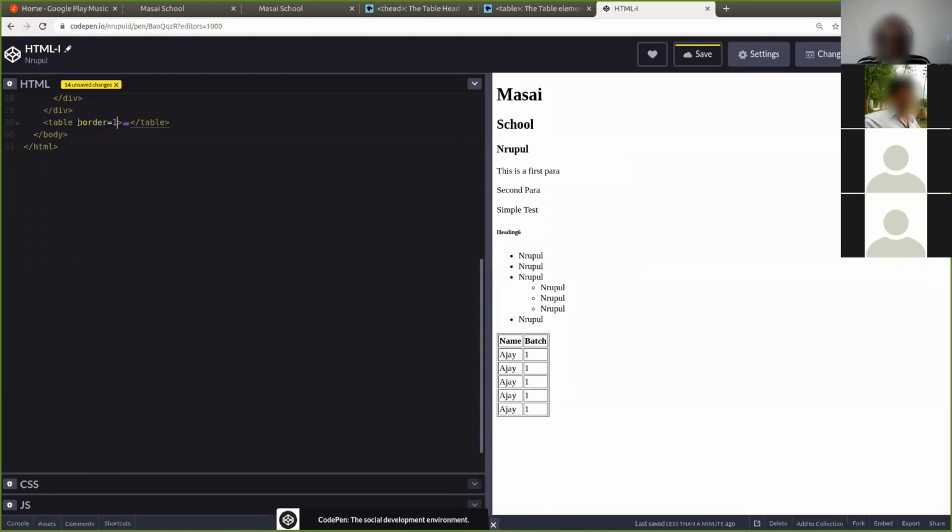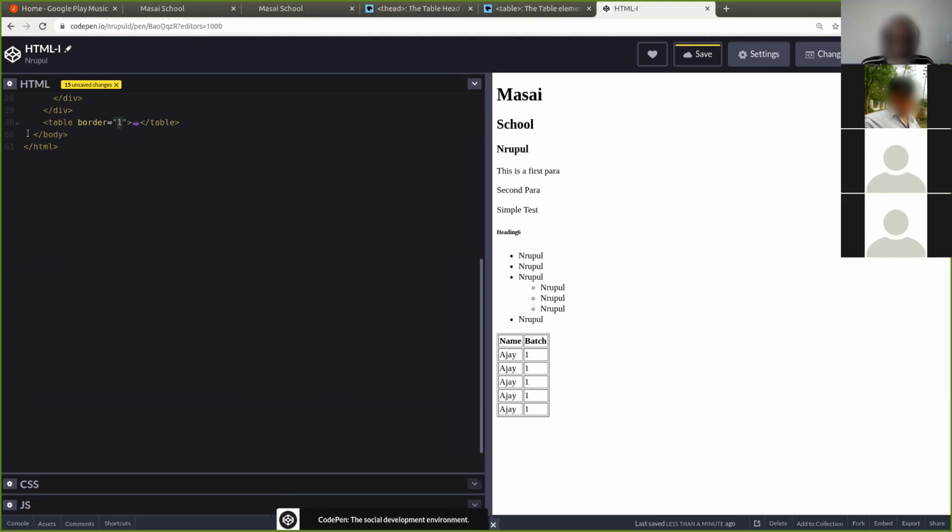You have to put a space after the tag, then the attribute you want to specify, is equal to, what is the value you want to specify. Sometimes you will put it in quotes, and I'm also going to showcase that. Generally, you put the values in quotes. So this is the key, the attribute key, and this is the value. The value generally goes in quotes, and the browser understands that, okay, for table I need to put a border 1. It's like giving extra instructions along with the tag to the browser.